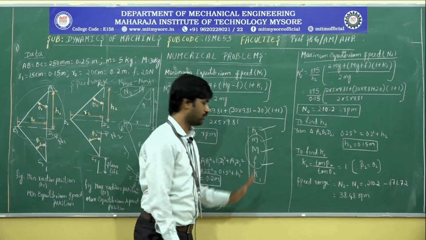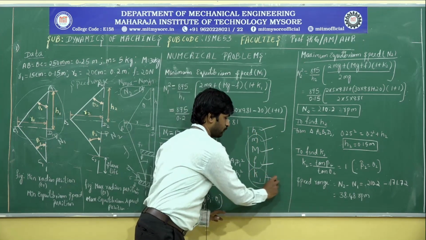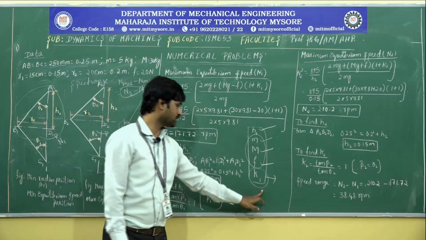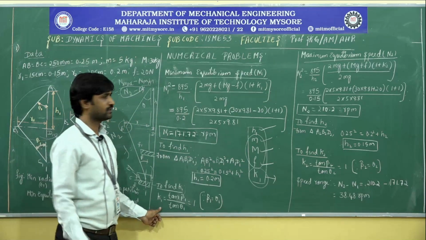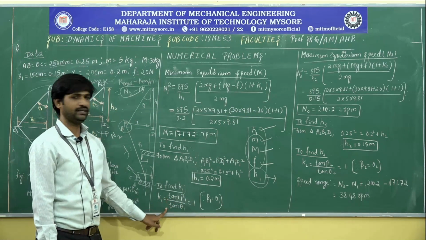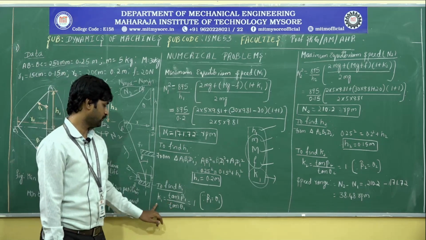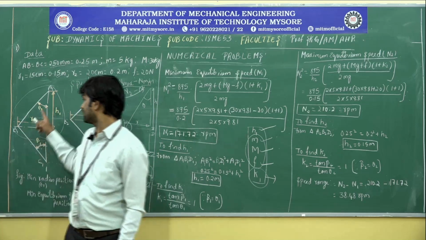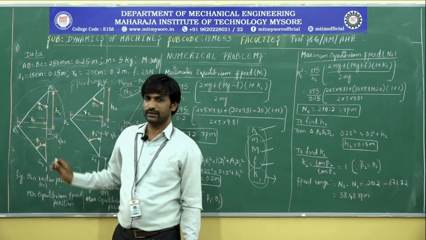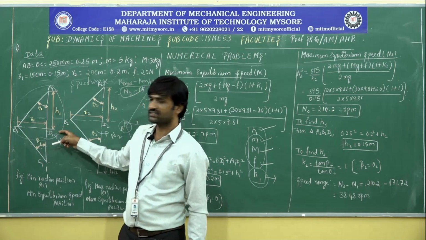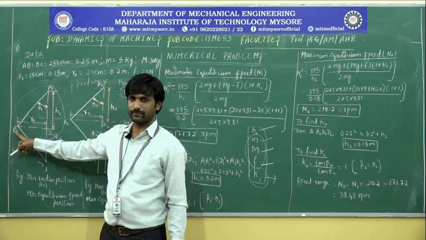So once we find the value of H, the only term we need to find is K1 to get the value of N1. In order to get the value of K, we know that K is given by tan beta by tan theta 1. So here, if you want to get K1, I need to know the value of beta 1 as well as theta 1. But if you see this diagram here, if I draw a horizontal axis at B1,